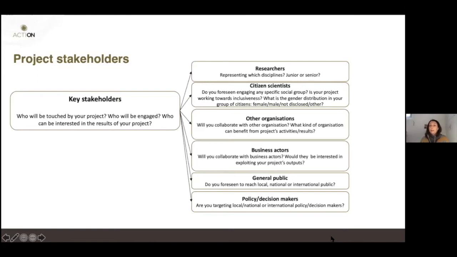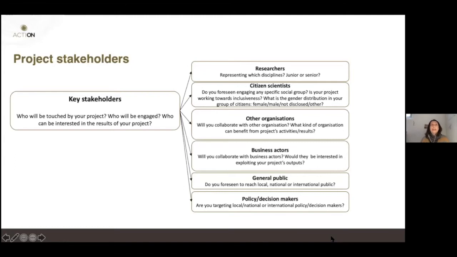So again, here you can reuse the work that you're doing for the other activities, but keeping in mind the little difference that here you look at what you want to have an impact on, especially who you want to benefit and how.